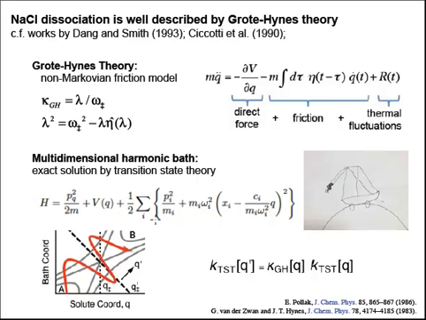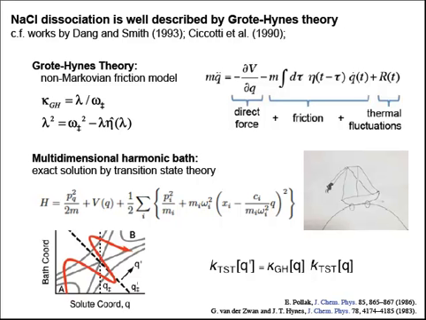Now, because the multidimensional model is basically harmonic, it eliminates, for all practical purposes, the recrossing effects and gives you an exact result from transition state theory alone. Now we know that we can, of course, apply transition state theory to the original coordinate Q and compute the transmission coefficient, and we get the same thing. So this is suggesting that an alternative to Grote-Hynes theory is this multidimensional perspective, and that it's really an equivalent alternative.